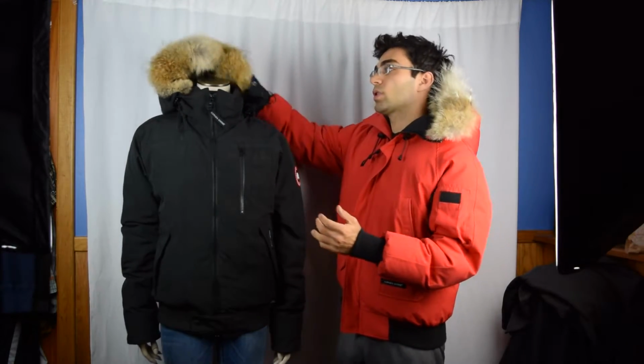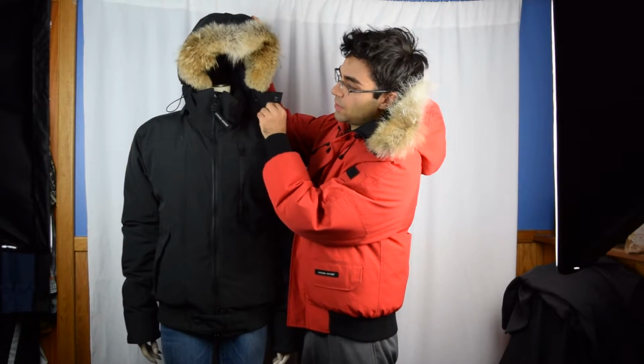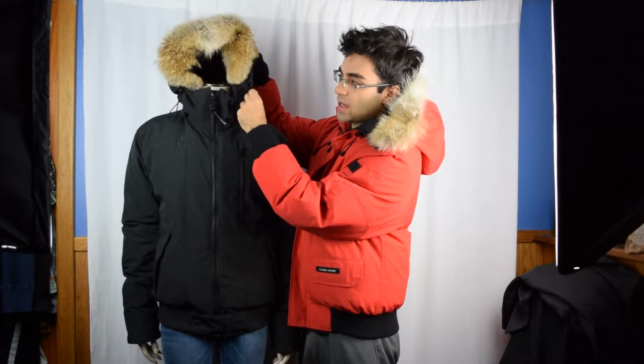Now you compare that with the Borden jacket. The Borden jacket can cinch up or snap up here. You can cinch these elastic pull tabs here to bring it closer to your face. But at the end of the day, the bottom of your face is still going to get kind of cold, and some of your nose and other parts of your face will get cold when the wind seeps up through there. So even though the hood on the Chilliwack, when it's all the way up, might look a little goofy,